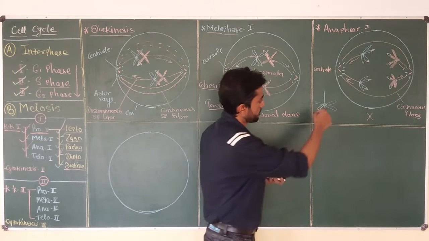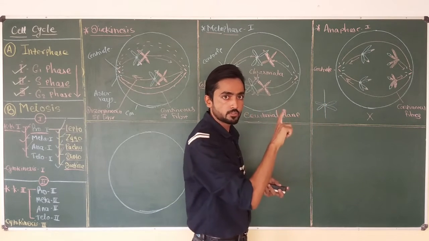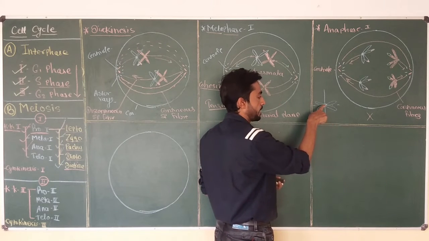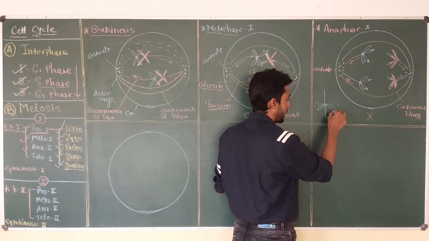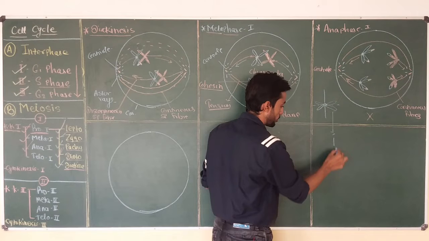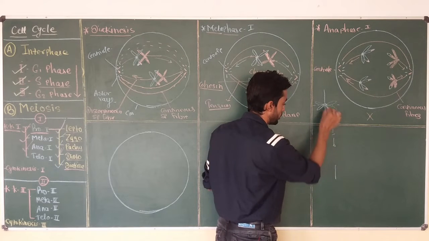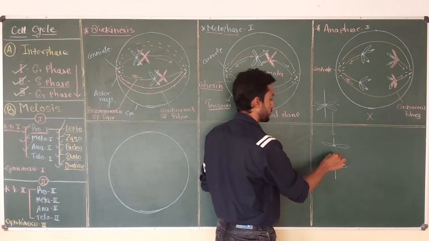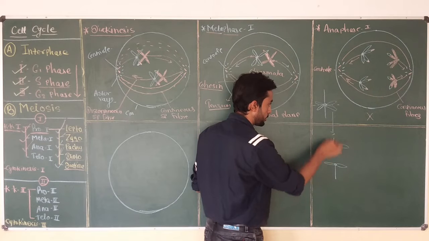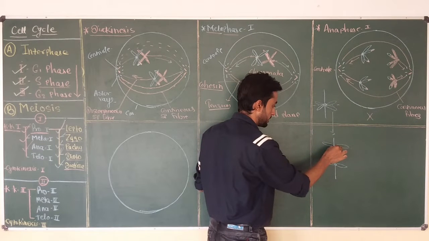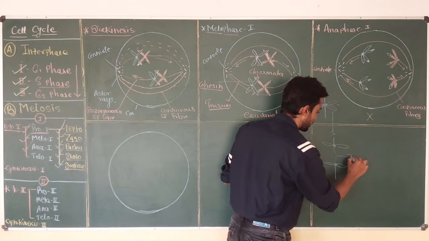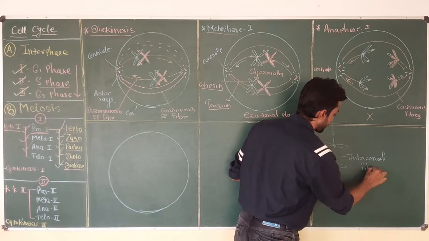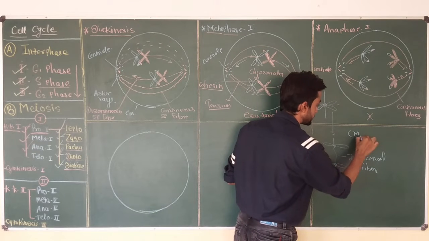Due to pulling of the chromosome in mitosis, the splitting of the chromosome occurs from the centromere, and due to this splitting, the chromosome will look like this. Half portion of the chromosome moves towards one pole and the remaining half portion moves towards the other pole, and a special type of fiber is produced between the two sister chromatids, called the interzonal fiber. This happens during mitosis.